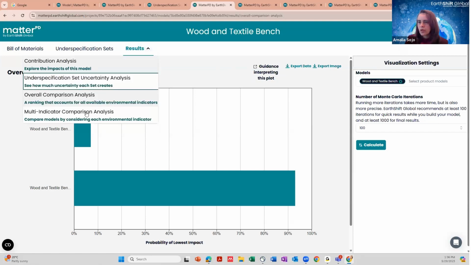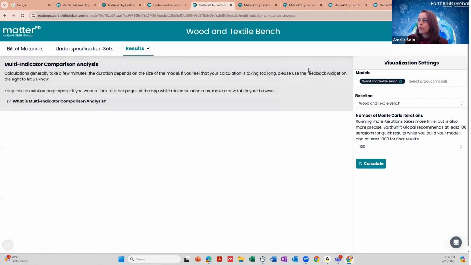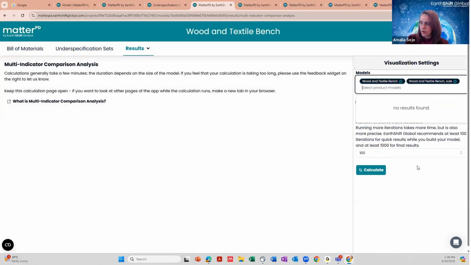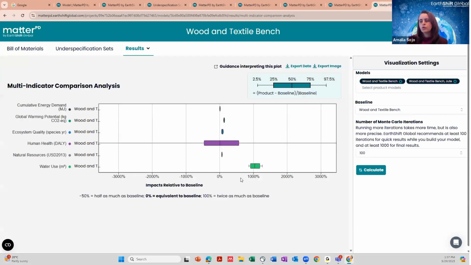And finally, we can have also a multi-indicator comparison analysis where we can compare my wood textile bench against the jute. Here I need to specify which is my baseline, and then it's going to calculate, and it's going to show me, I have it over here also. So it's going to show me a comparison between my baseline and the new product.